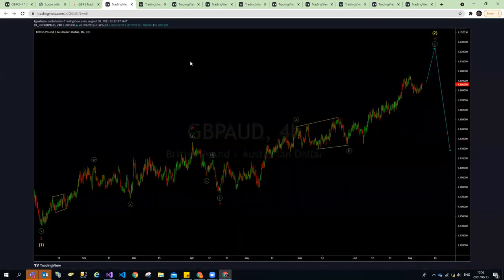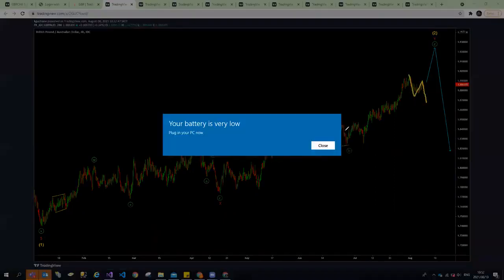Audi. So the focus on Audi was for this to continue to the upside. 1, 2. I'm expecting one more down here before we push